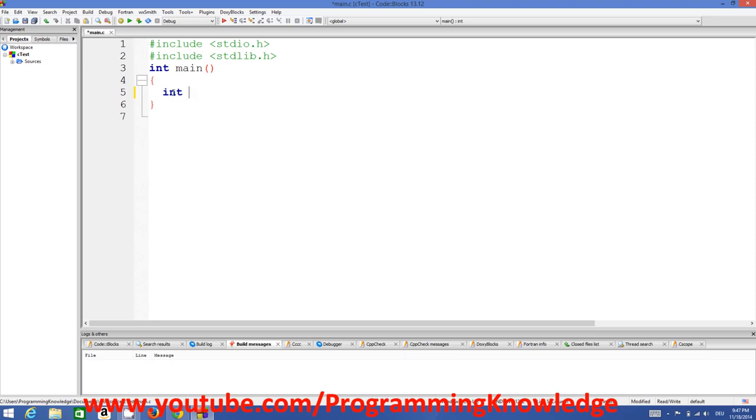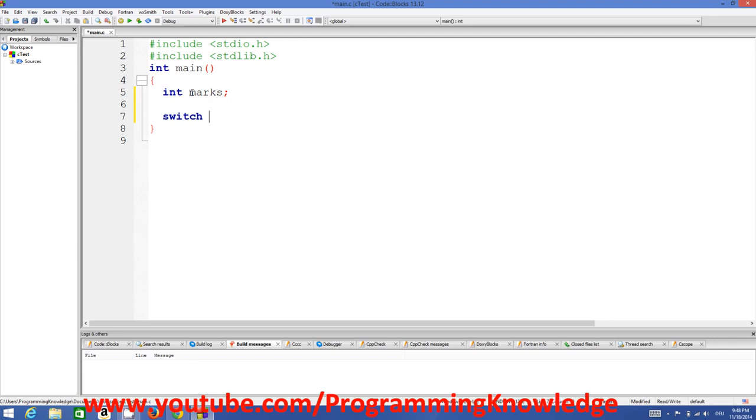So I will name my variable as marks, and on the basis of marks we want to decide if the student is excellent or good or very good, or he has scored poor grades. Okay, so now we use switch statement,